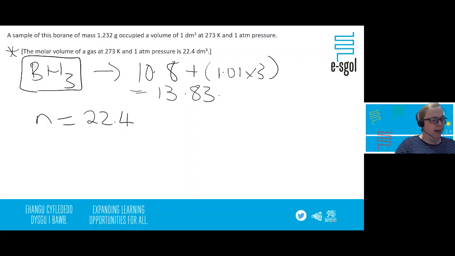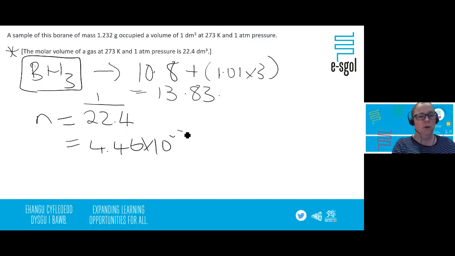Okay, and then you will be, sorry, so 1 divided by that, because it occupies 1 decimeter, this amount does, and 1 mole classically would occupy 22.4. So the number of moles comes out to be 4.46 times 10 to the minus 2 moles. Okay, can I please emphasize again, I'm sure you're aware of it, that you need 3 sig figs in most mathematical answers. Okay, based on that, then if you apply another formula you've picked up in GCSE, which is